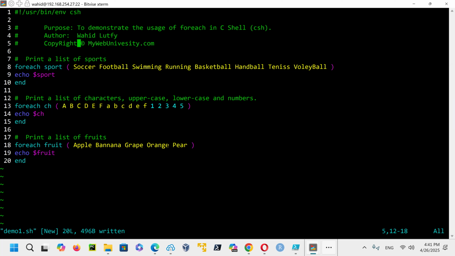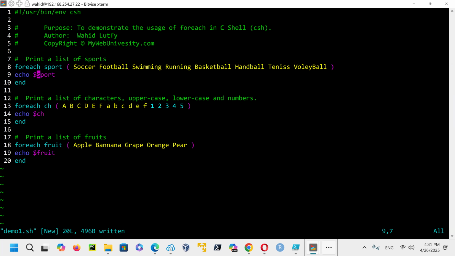This is the command saying for each sport: soccer, football, swimming, running, basketball, handball, tennis, volleyball, which is an array of strings, it's going to go through each of these sports, then echo the $sport.